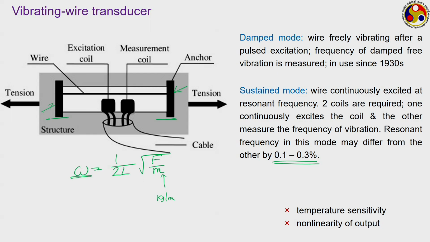Here omega and f do not have a linear relationship, or rather, if we express this in terms of the force, what are we getting? We are having 2L omega whole square is equal to F upon m, that is F is equal to 4m L square omega square. So, F and omega actually have a quadratic relationship and not a linear one. So, we have to be very careful about this non-linearity of the output